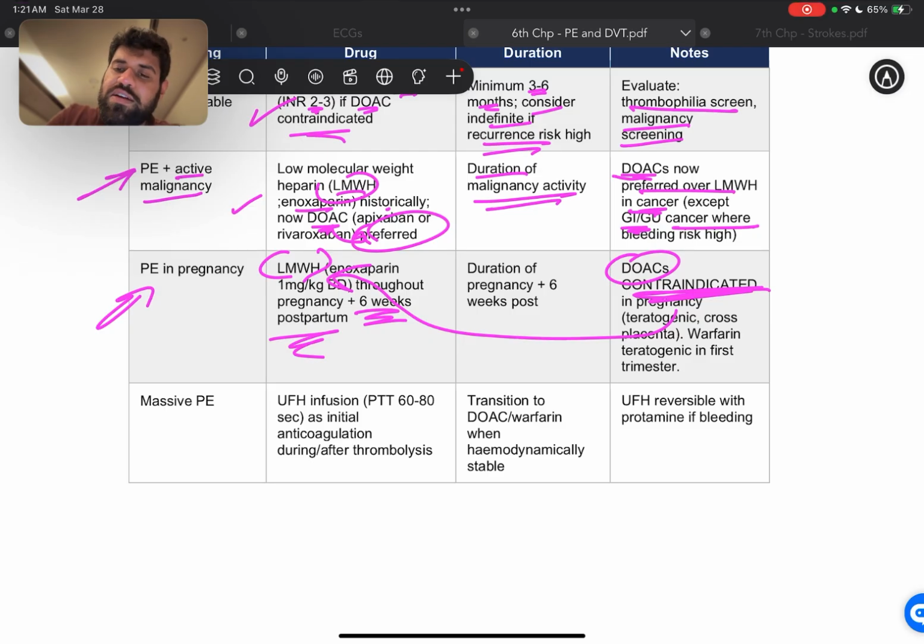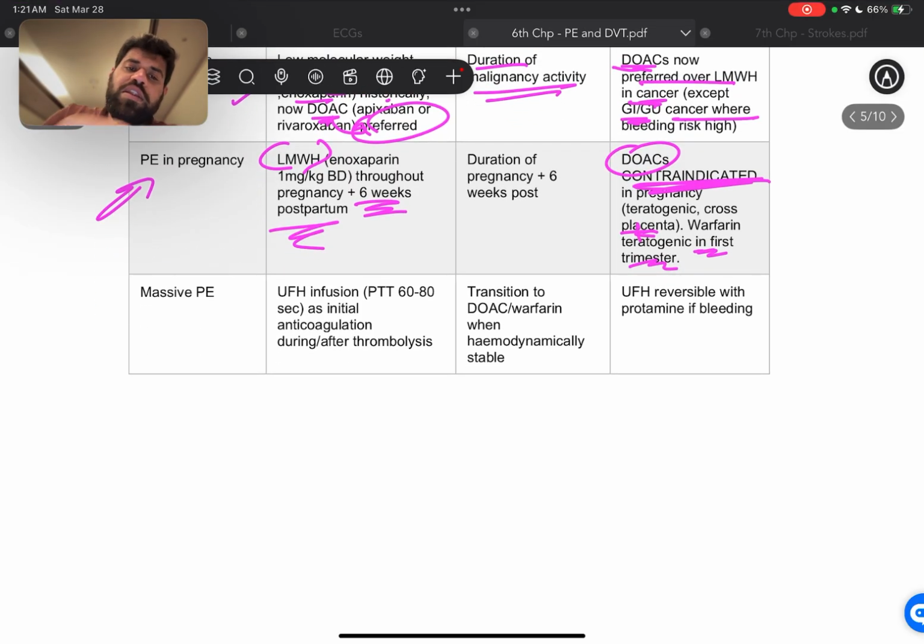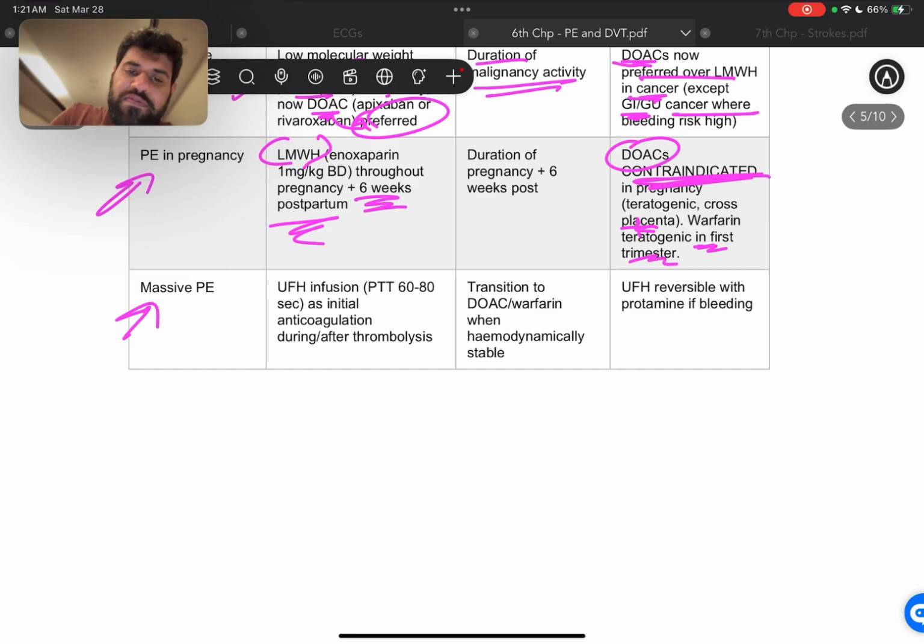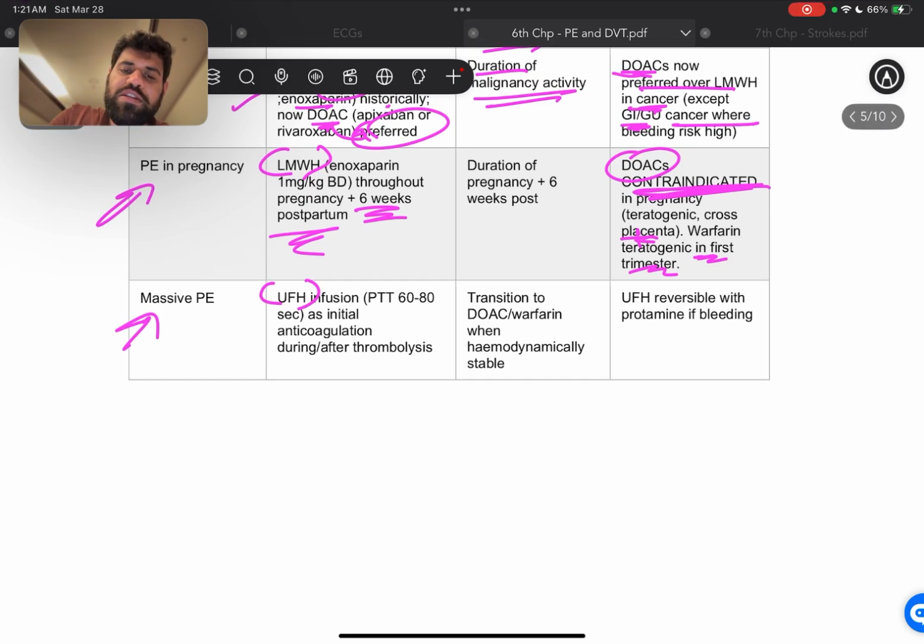Because DOACs are teratogenic and they can cross into the placenta. Now, warfarin is teratogenic in the first trimester. All right. Now, if the patient has a massive PE, we give them UFH or unfractionated heparin as initial anticoagulation